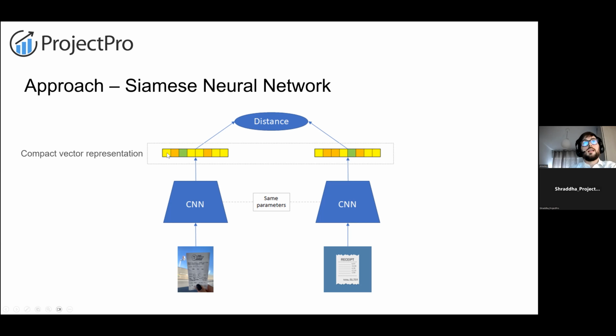We can imagine something like 3.5, 2, -3, 25, 1, 1.9, etc. And the same will be done with the other image. So we will get two vectors of numbers, and then we will compute the distance between these two. This could simply be something like the Euclidean distance, the angular distance, or any other concept of distance.